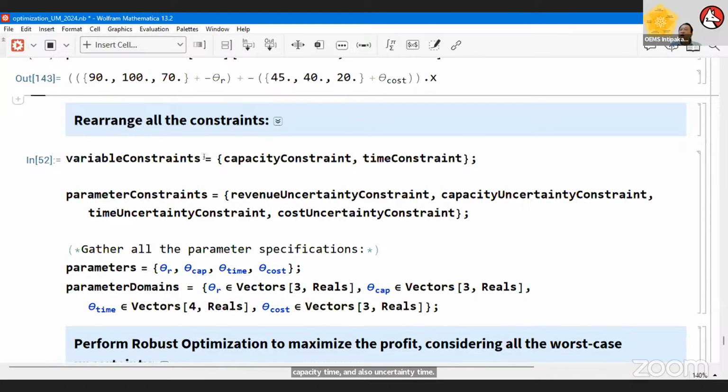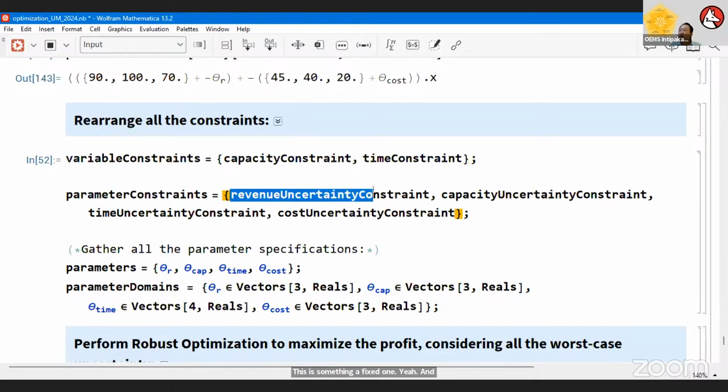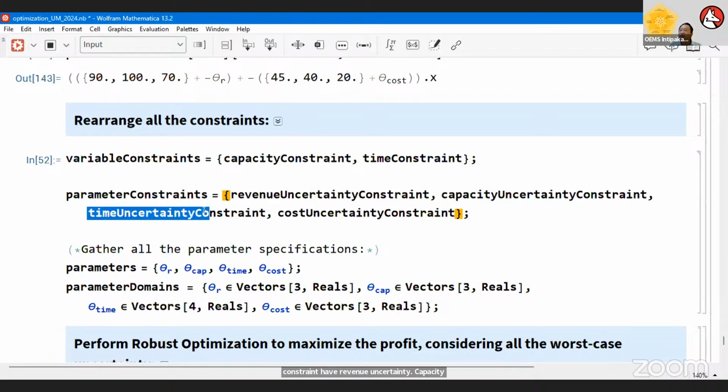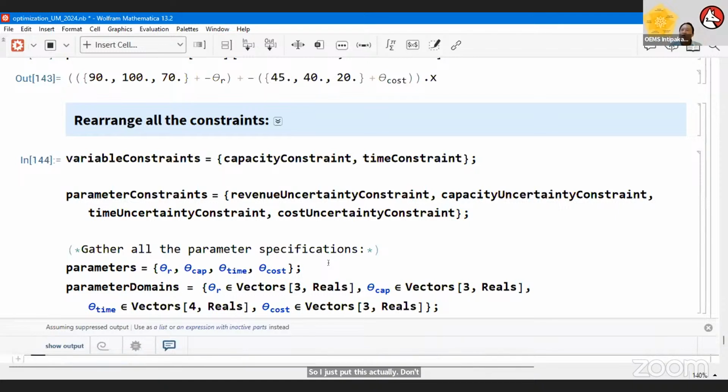The variable constraint, capacity constraint, time constraint, these are fixed ones. And the uncertainty constraints: revenue uncertainty, capacity uncertainty, time uncertainty, and cost uncertainty.